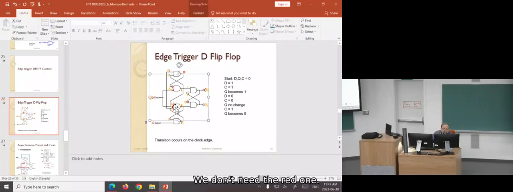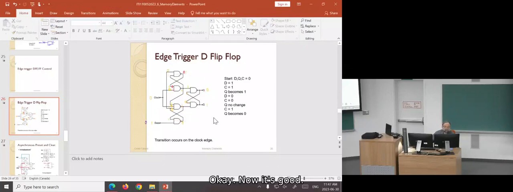We don't need the red one, yeah? So I should get rid of red. Red. Oh, okay, now it's good. But I lost the black one also. The black one also. Too bad. Okay, it's okay. So now D is 1 and Q is still 0, and then